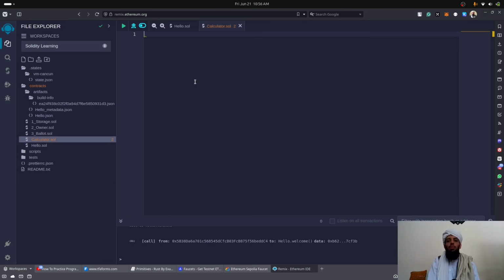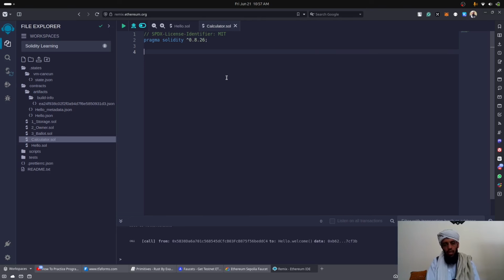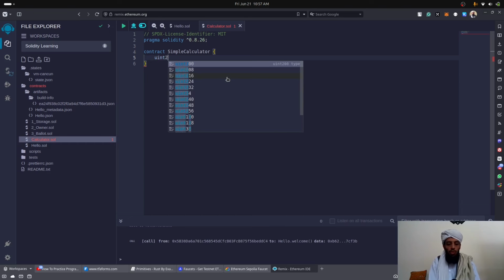So the first thing that I will be working on is the pragma solidity, and the version of this is going to be 0.8.26, the latest version. The license is going to be MIT, no problem, you can change it also. And after that, let's write contract. So the contract is equal to, let's say, SimpleCalculator, right? Inside this SimpleCalculator, what I will do, I will write first of all the data type,